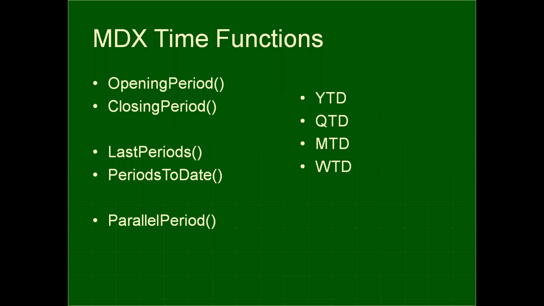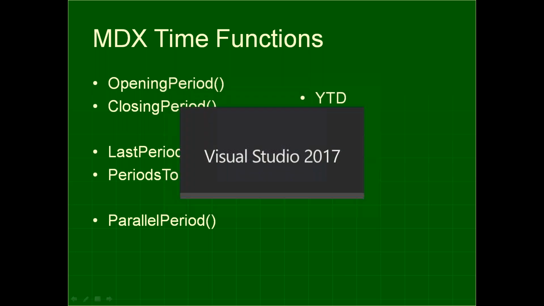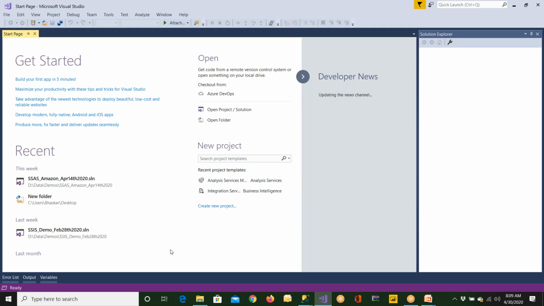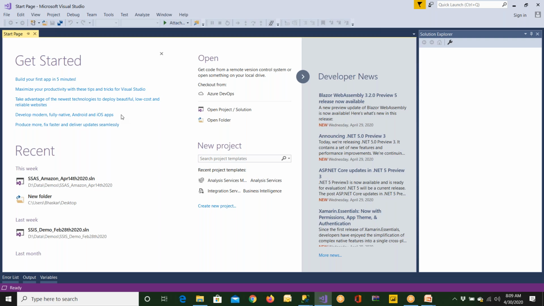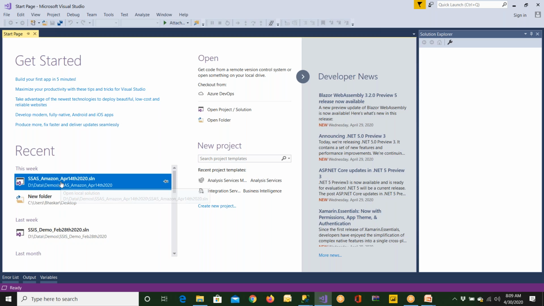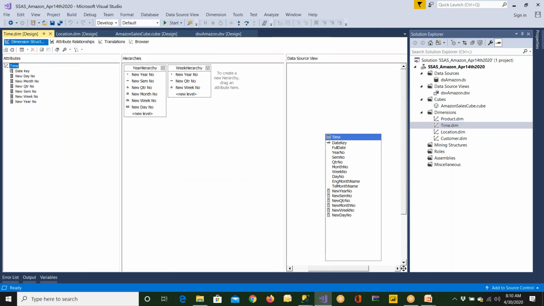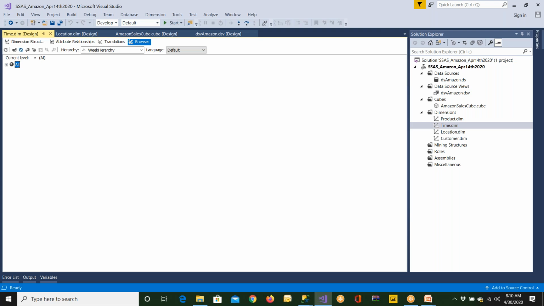What is opening period? Let me go to my Visual Studio first. Always you must use hierarchies there. You must use only hierarchies, not anything else, at the time of writing the time series functions. So let me open my SSAS and go to the time dimension. When you go to the time dimension and open the browser, let me go to a hierarchy. When I open this,